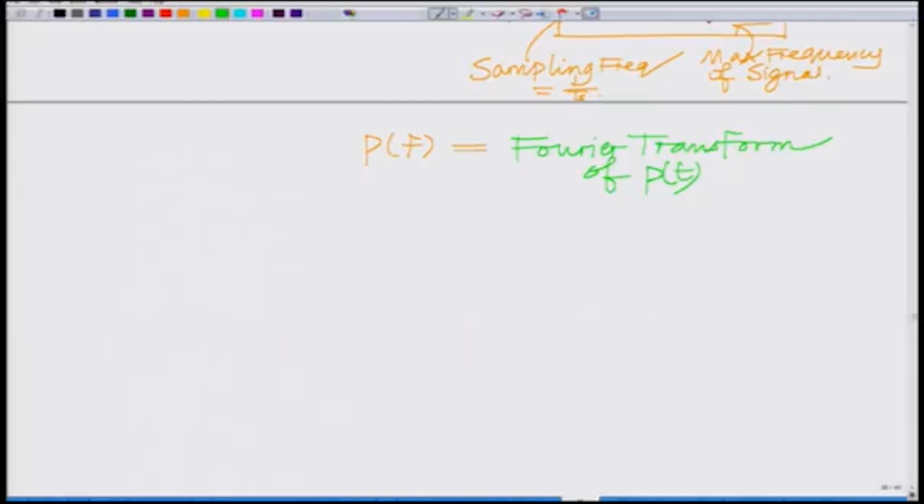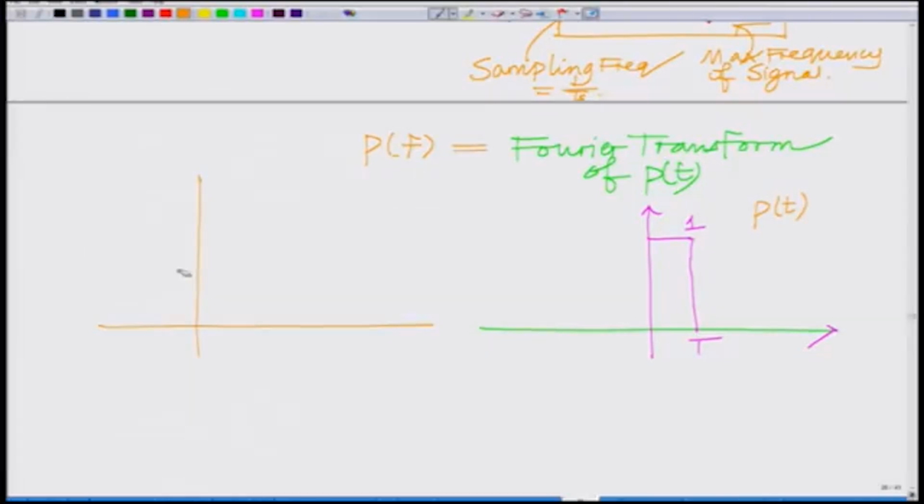And remember, Pt is basically, if you look at this, this pulse of height 1. This is Pt. Now realize this can be obtained from this pulse, it is a shifted version of this pulse